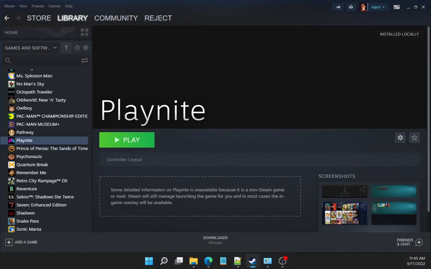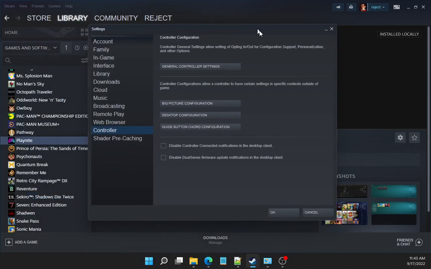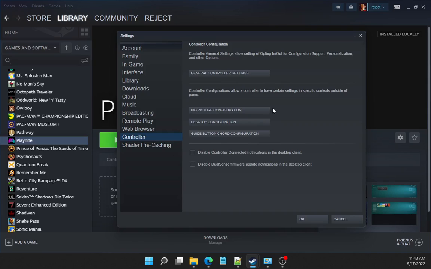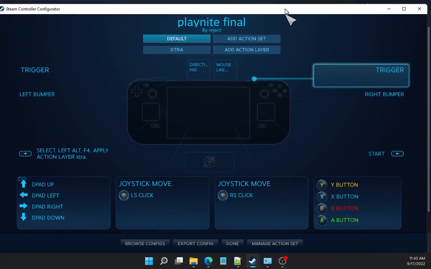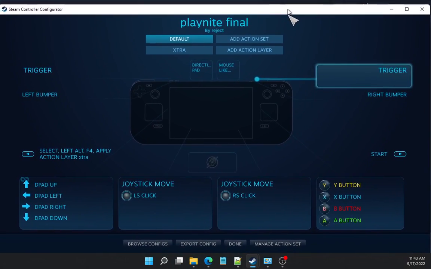Where did it go? It's under Steam settings. And you can do this in big picture mode too if you really want to. But we're going to set up the desktop configuration here. And the reason why you can't just set up the desktop exactly how the game was just here is that